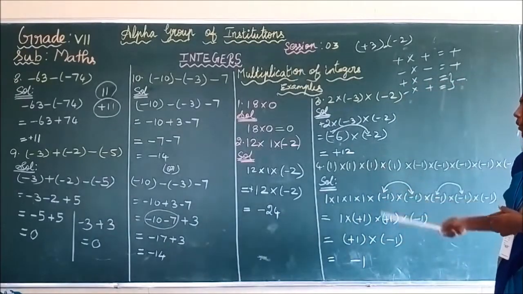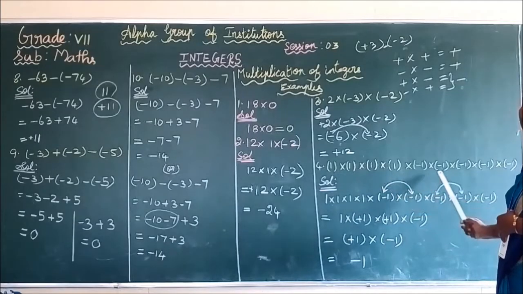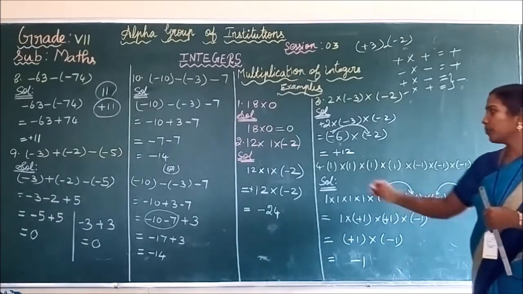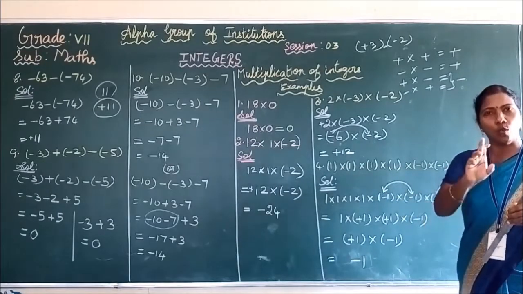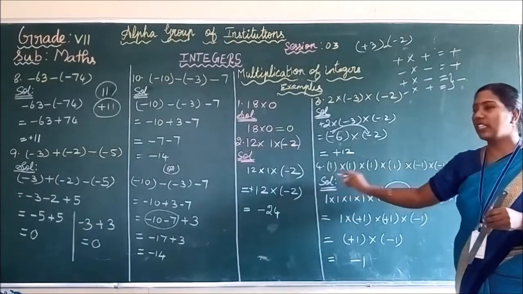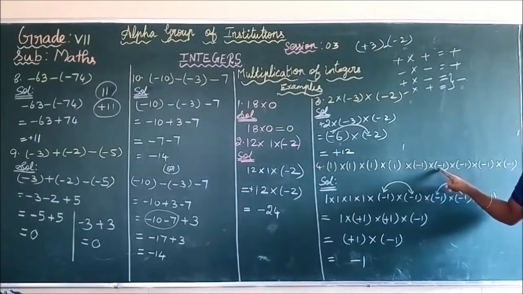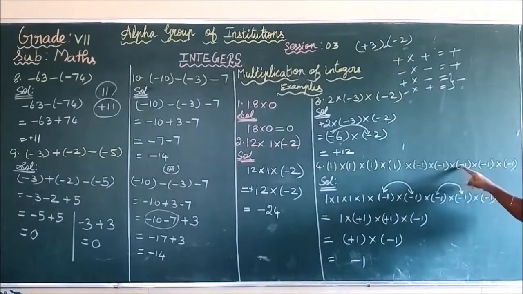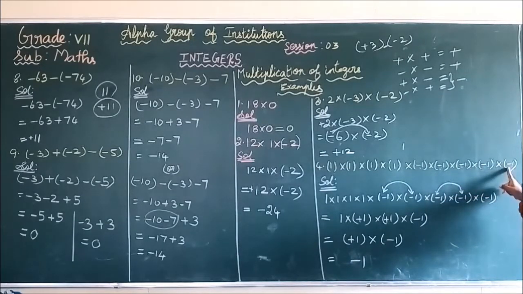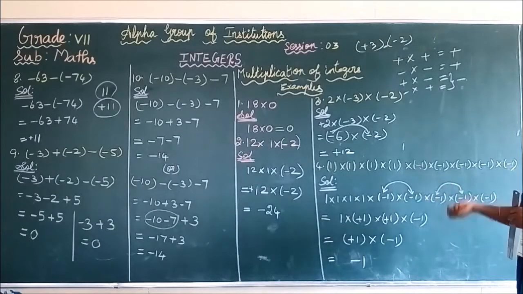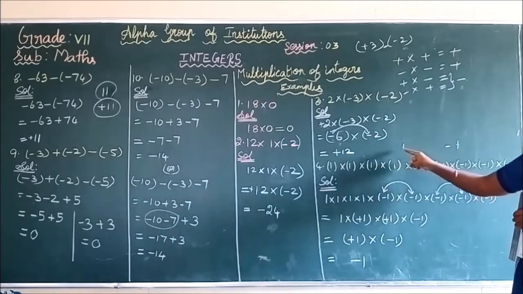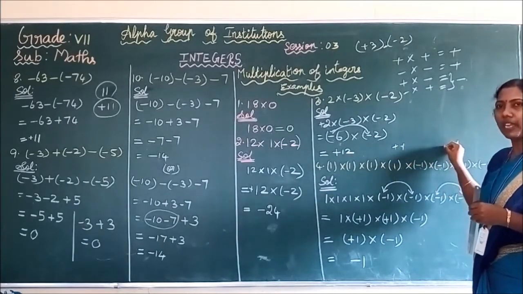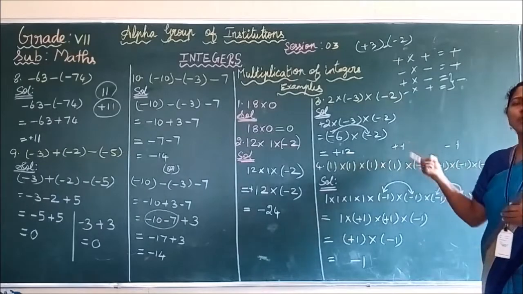Okay, see how you are going to do this sum. You can easily answer this sum in one step. Now see, 1 into 1 into 1 into 1. If you multiply 1 with any number, what answer do you get? 1. So multiplying these four 1s, you get the answer 1 only. Minus into minus, plus. Plus into minus, minus. Minus into minus, plus. Plus into minus, minus. So multiplying these five 1s, you get 1 only. What is the symbol we got? Minus. So here we get plus. Plus into minus, minus. So 1 into 1, 1. Therefore the answer is minus 1.